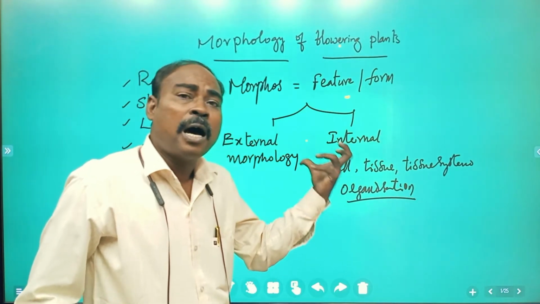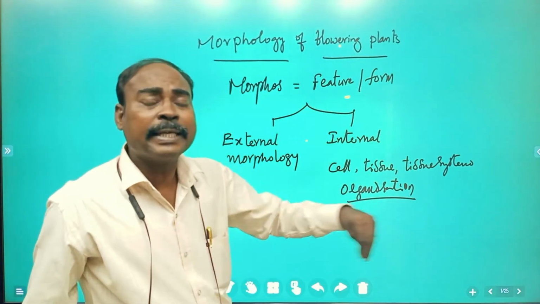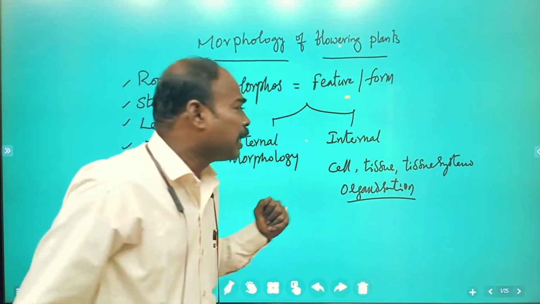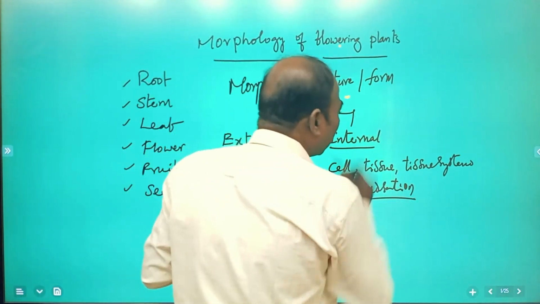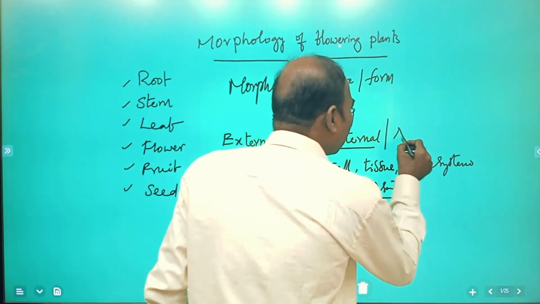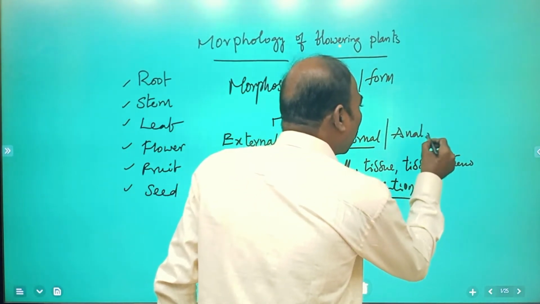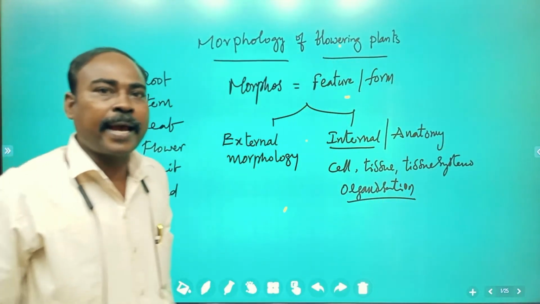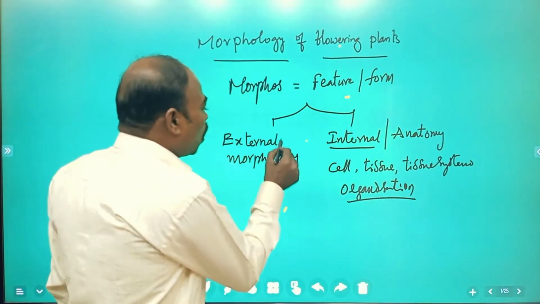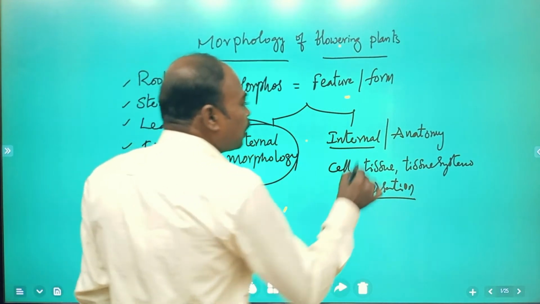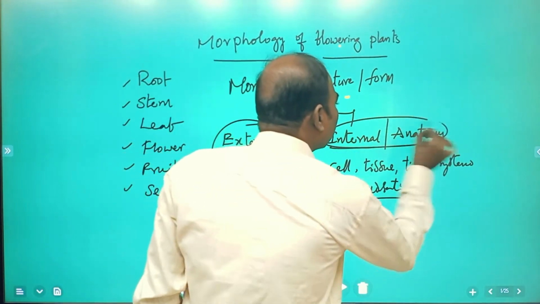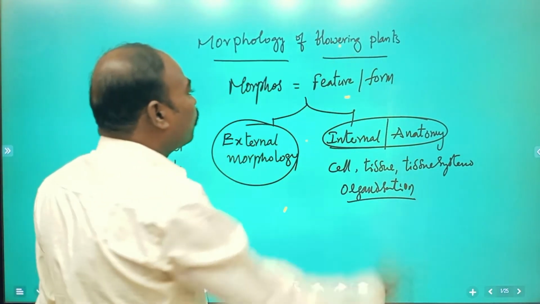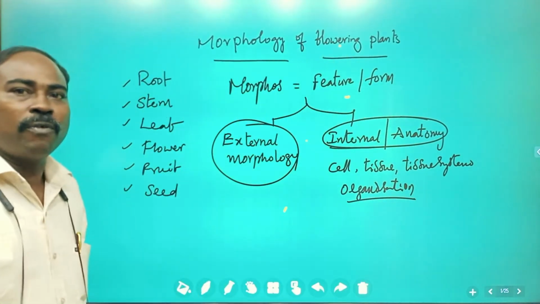Such study about the internal arrangement of the tissue systems comes under a separate branch called internal morphology or anatomy. Internal morphology is otherwise called anatomy. So, the external morphology along with the internal morphology, that is anatomy, comes under this branch called morphology of flowering